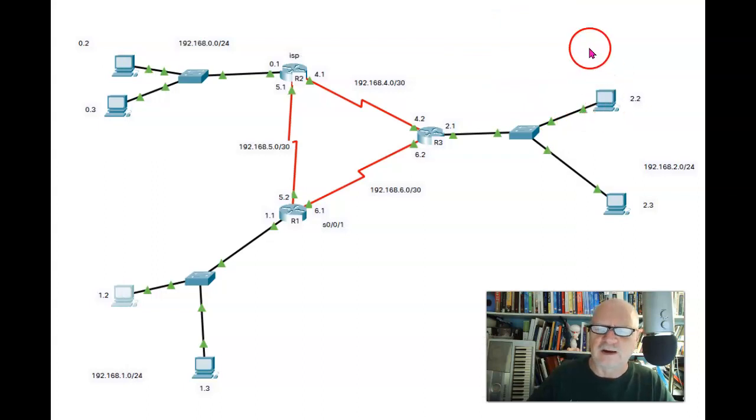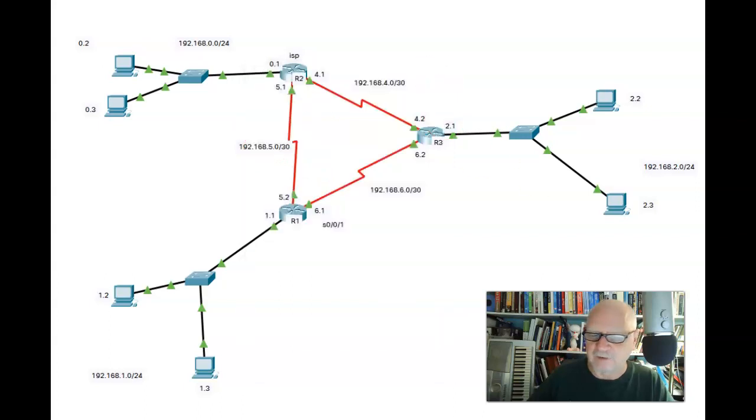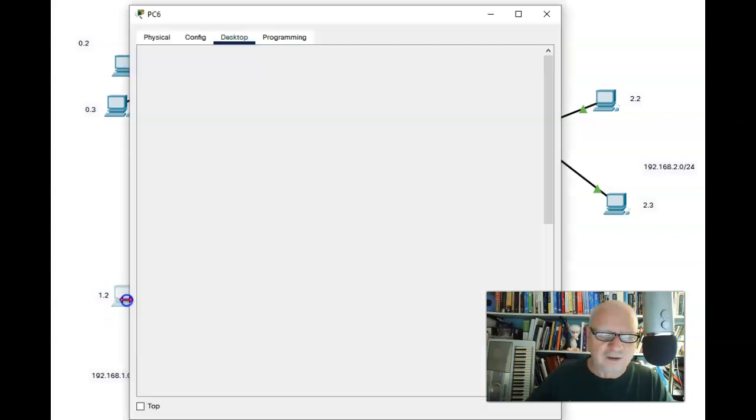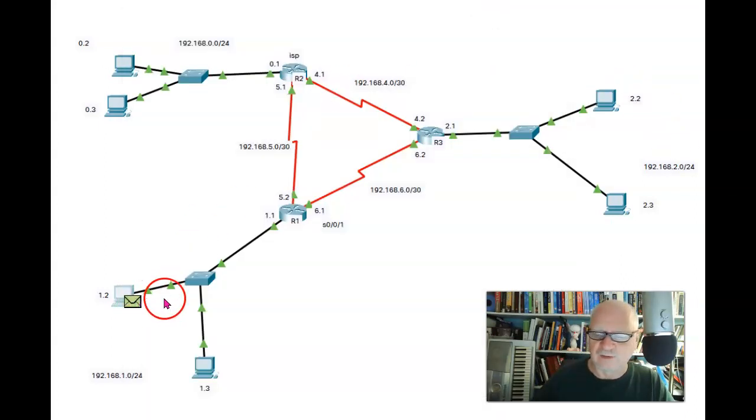Why didn't it respond? As a matter of fact, let's take a look here at the simulation. I'm going to turn this on outside of your view here so that you won't be able to see it here. But now I'm going to go ahead and send that ping again, 192.168.2.2, and this time I'm going to watch this packet in the simulator. Let me turn the speed up a little bit and then see where it goes. So here we go. I'm going to click the go button. It goes up to the switch, up to router 1.